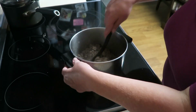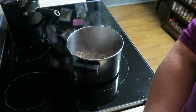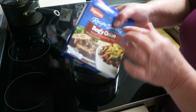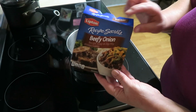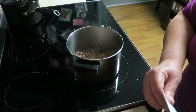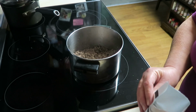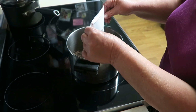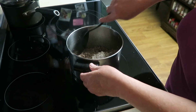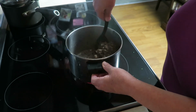All right, I drained my ground beef. Now we're going to add to this the Lipton onion soup mix. It comes with 2 packets of it. Beefy onion. I almost didn't think I had any because when I looked up there I found a packet of the mushroom and onion, which would probably be good as well, but I'm going to use this. I'm going to try to follow the directions here. I'm not too good at that, so I always like to add different things to it. I'm just going to stir that around,